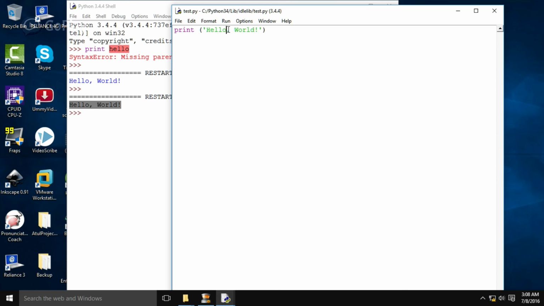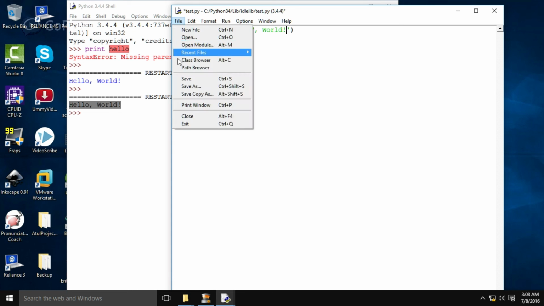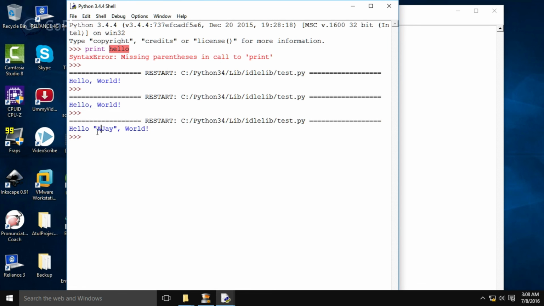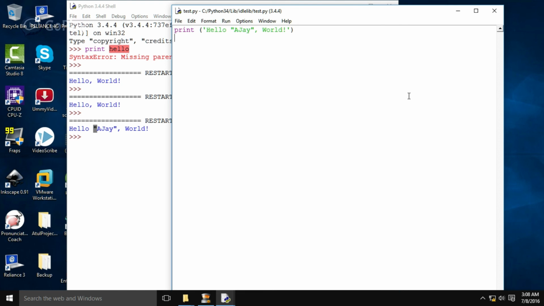It doesn't matter whether it is single quote or double quote. If you want to display a double quote in a string, then you have to use a single quote, compulsorily. Now save the file again and run the module. You can see here I want to display double quotes, that's why I inserted double quotes inside single quotes. If I use it like this, you can see the string is separated automatically. It is considered as a separate string. So that's why there is a main difference when you have to use single quote or double quote.